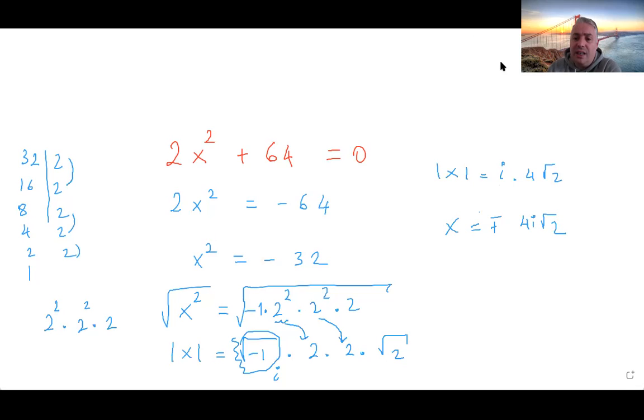Let me check the chat screen now. Do I have this? Jude says 4i square root of